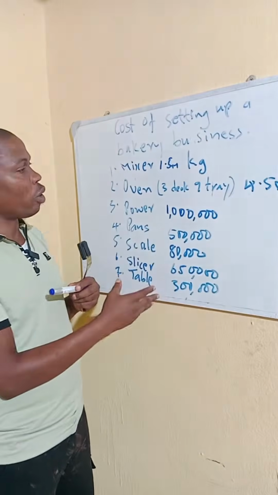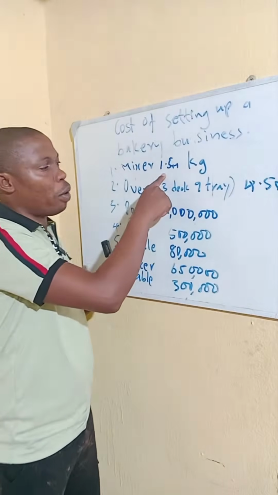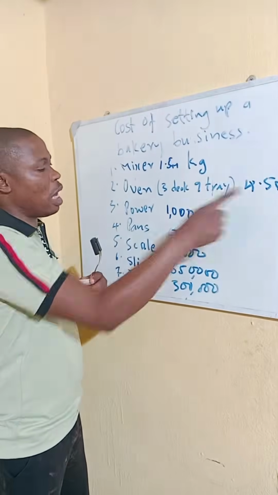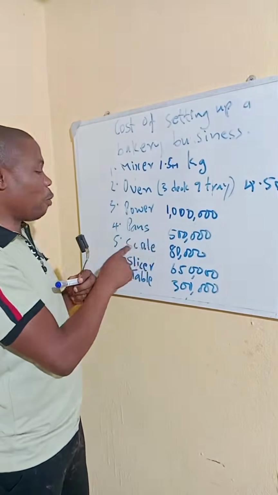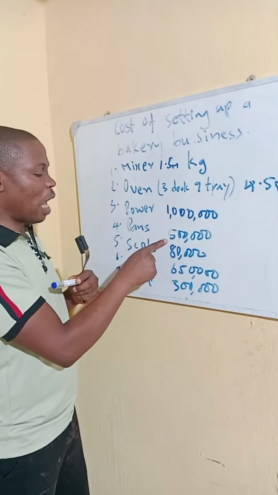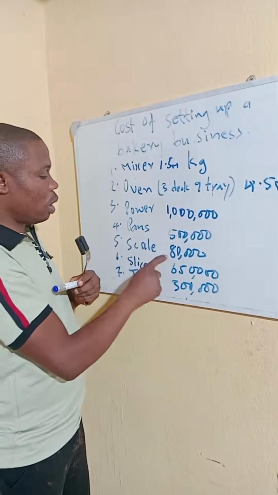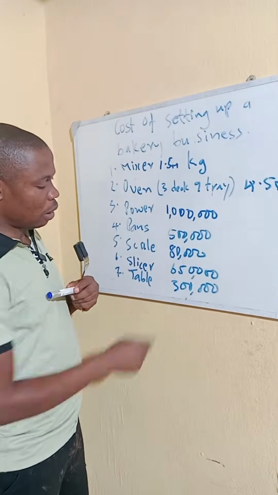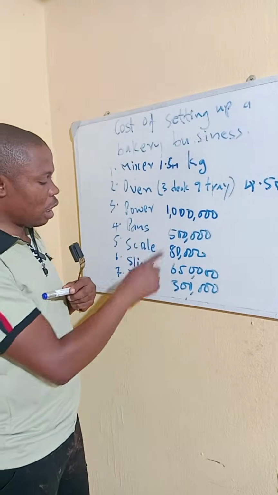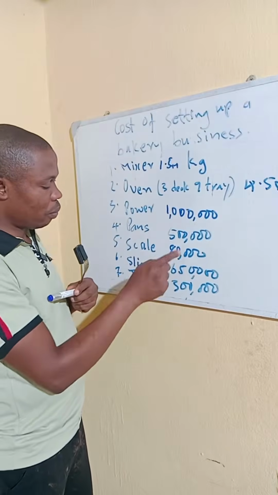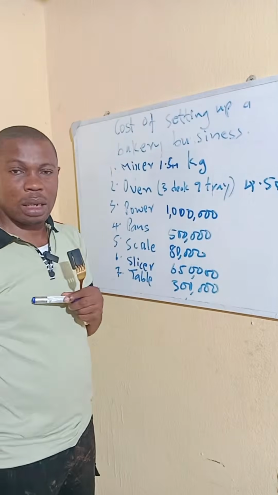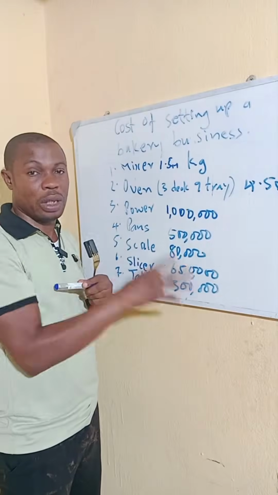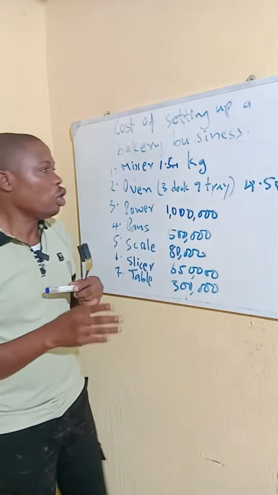If you cost this, it is already 1.5 plus 4.5. This is already 6 million, 7 million, and then we have 7.5, 8.3, 8.3 plus 600, and that is 8.95, 9 already. About 9 point something million already, which you can also reduce, because you may decide to